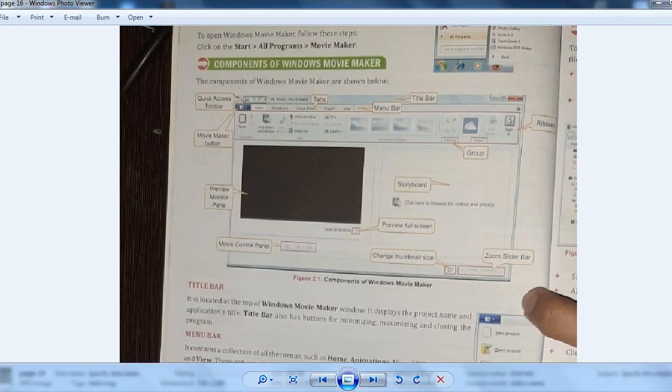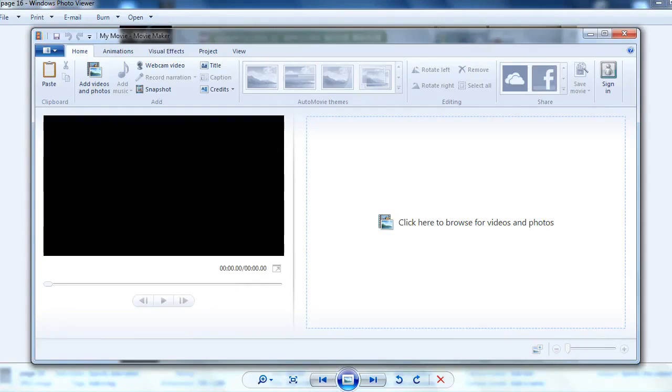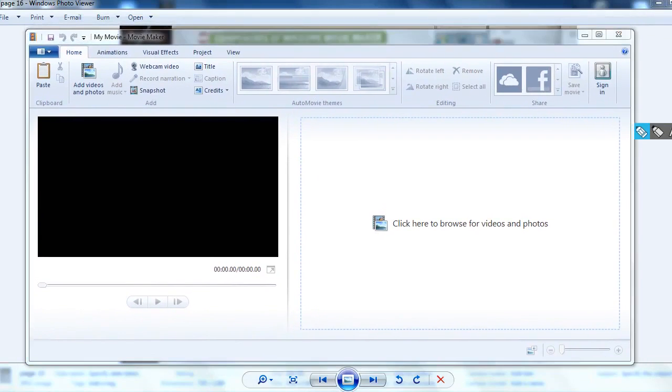Now, components of Windows Movie Maker. First let us see the Windows interface, right? This is the interface. Here you can see this is what we call the title bar.